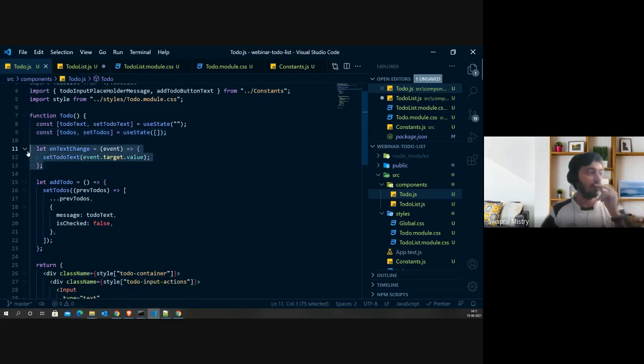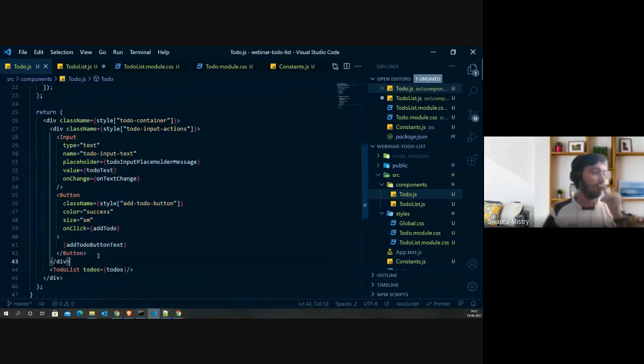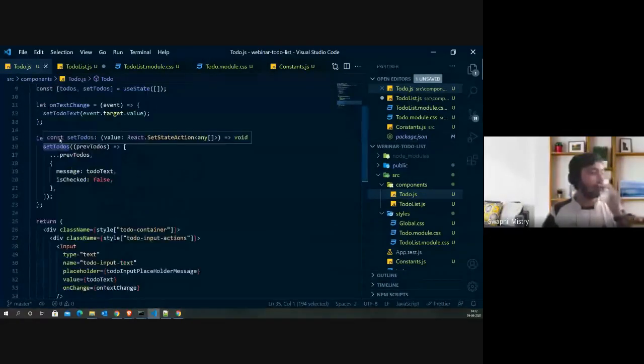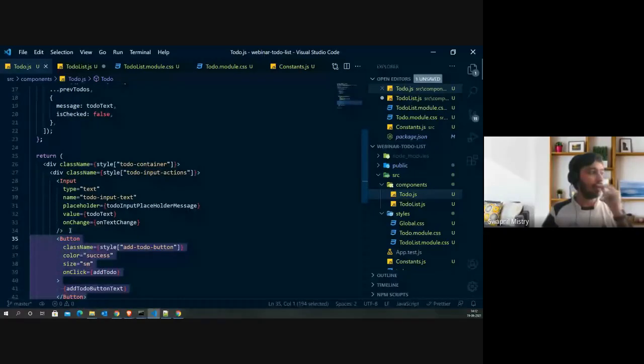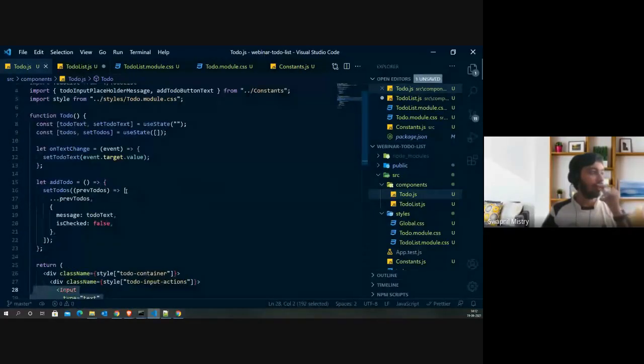So this function onTextChange was responsible for updating the state, which is nothing but the todo text over here, and addTodo was responsible for updating the existing to-do list which we have on the UI. And last but not least, we had one button which will be responsible for triggering this addTodo function, and then we simply have an input tag which will be responsible for updating the todo text which we have.